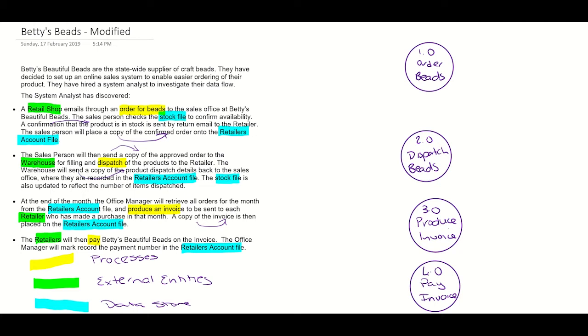Okay, the next thing I know is I've got my external entity. Let's look at this first process. So my external entity is